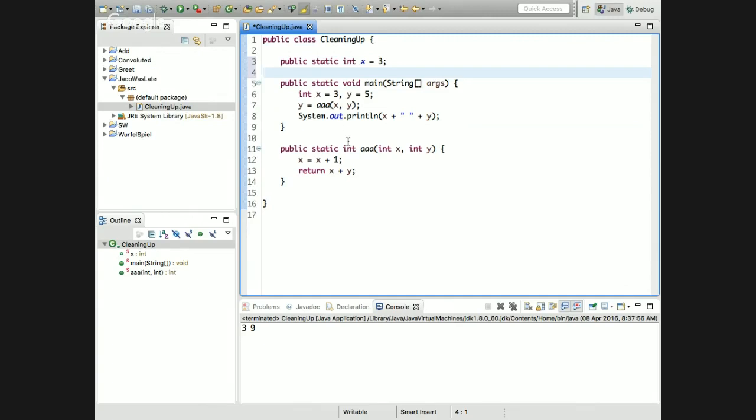Now, the scope of x is the whole of the class. And both main and AAA can see that x, well, almost, I'll get to that in a second, and both of them can change it, almost. They can't really see and change it, because at the moment, main is still declaring its own x, and that overrides the global x. So this local x of main is actually hiding the fact that there is a global variable x that main has access to. When main talks about x, it'll talk about its own local x, because that's the one that's closest to main in some sense. But if I take it out,